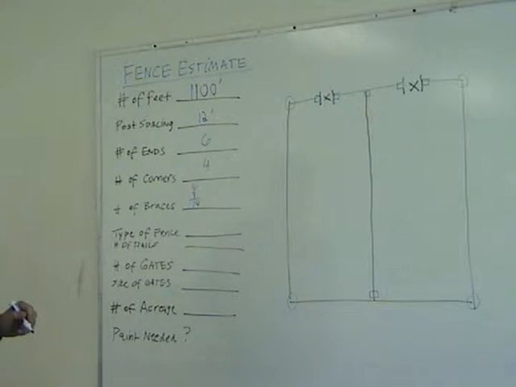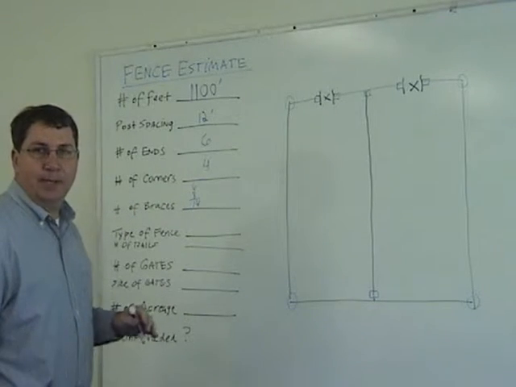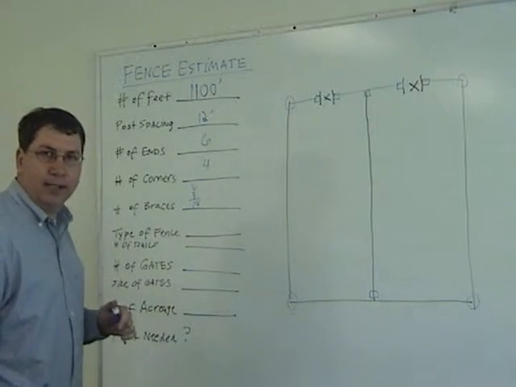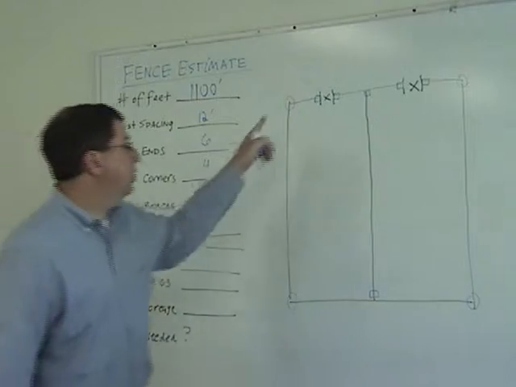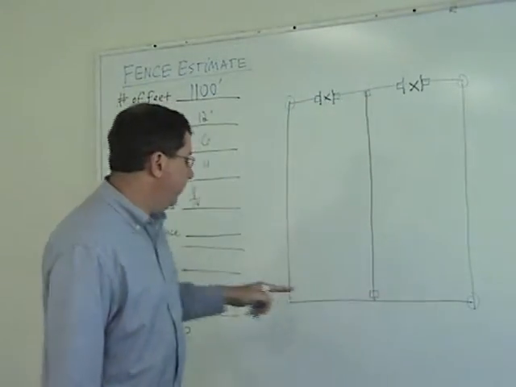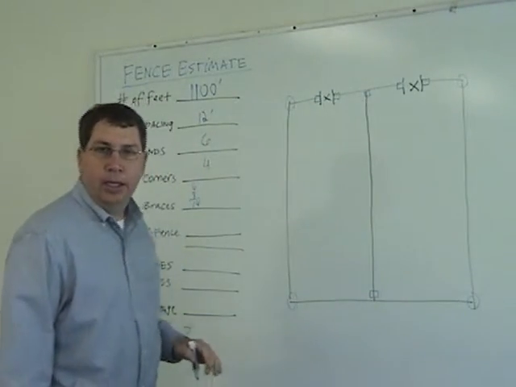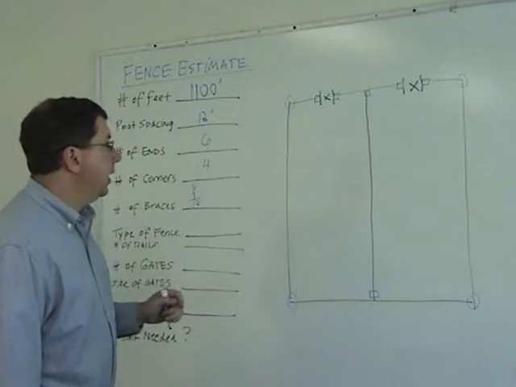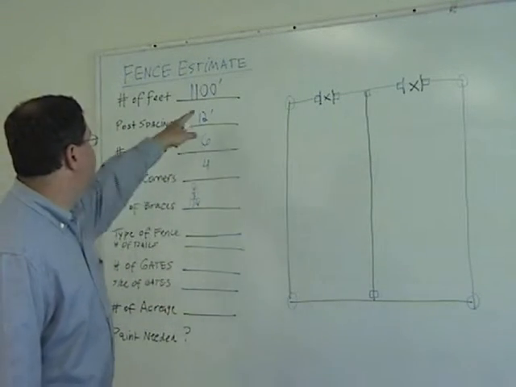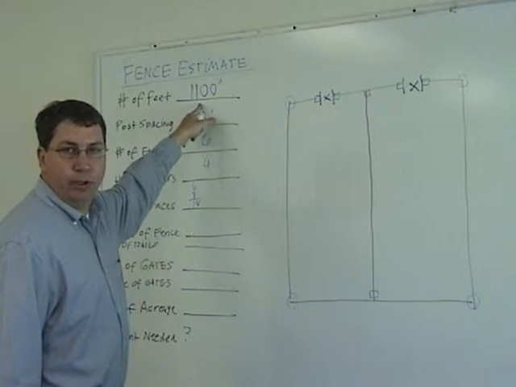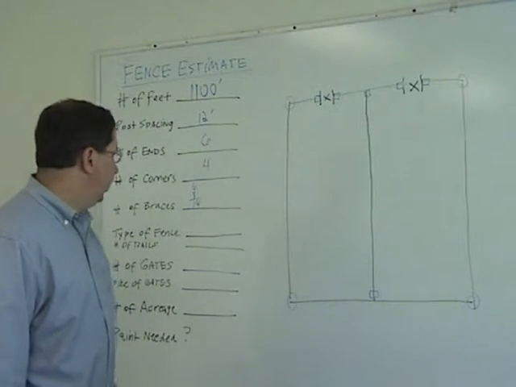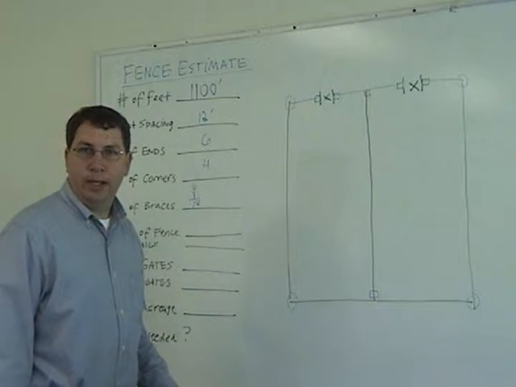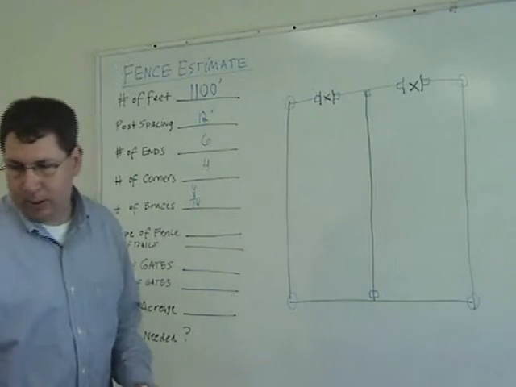And we also need to know the number of line posts. So in order to do that, I take the total number of footage. Now this is not going to be exact, this is just a guesstimate. In order to get it exact, we need to know each dimension of every line. But typically we don't get that right off the bat, so to do a quick estimate for a customer, what we typically do is take the total footage, which is 1,100 feet, divide it by 12, and that equals,